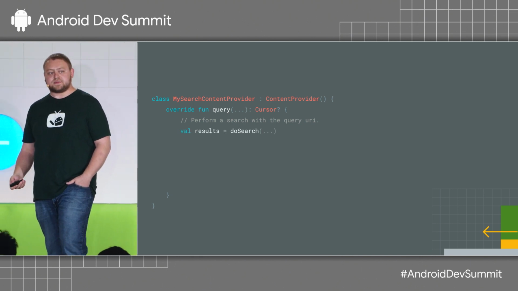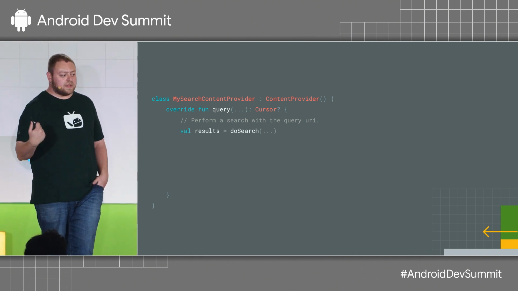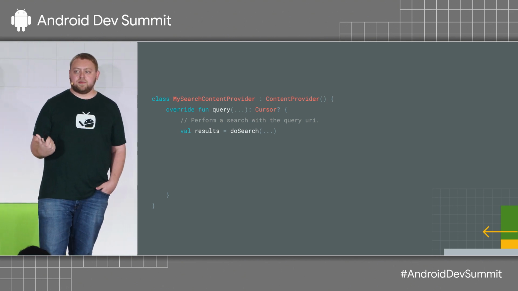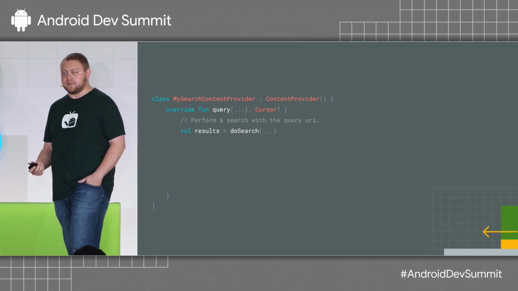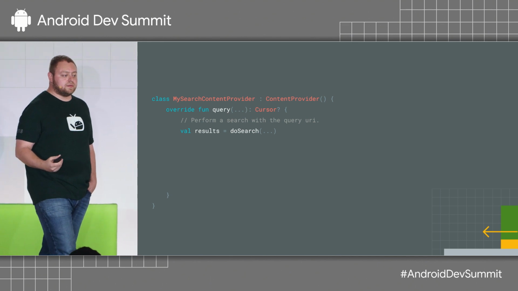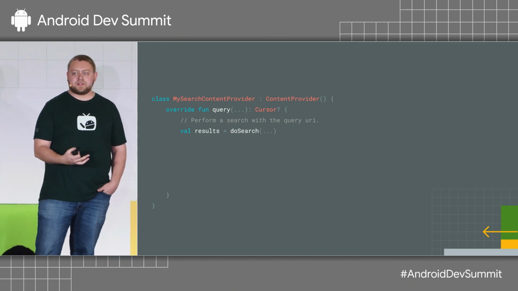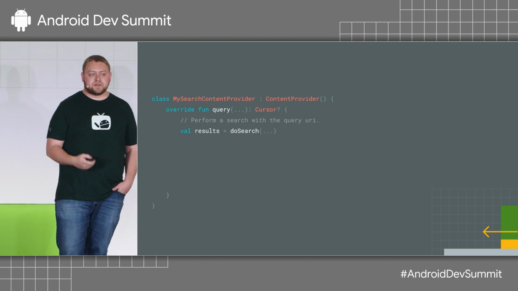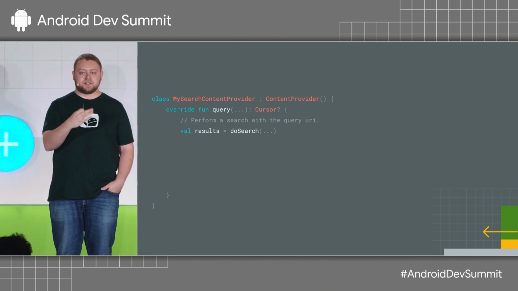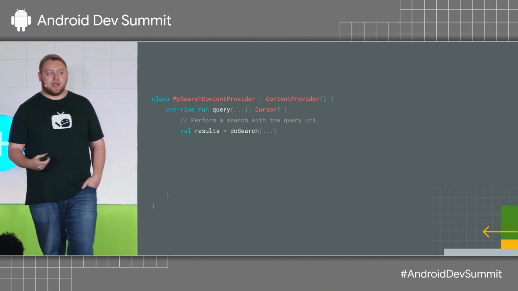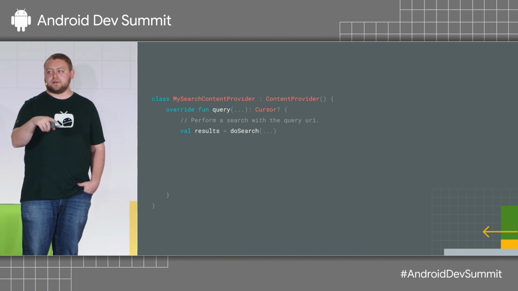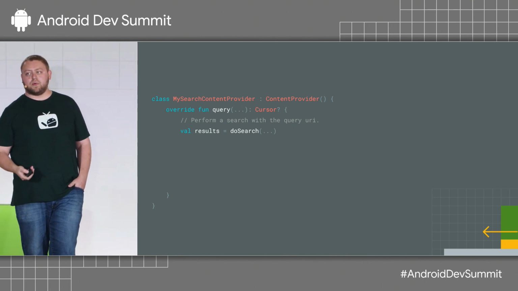You perform a search, and it returns results. If this did a network call, maybe you have a bunch of POJOs. If this was a database call, you're going to have a cursor. And that's fine. The trick for the search provider is that it needs to return results that match the search manager's criteria. So search manager is just a strict way of saying, hey, this cursor has a bunch of columns with these names. And then the assistant's able to pull in from that cursor and say, oh, here's the title, here's the duration, and is able to figure out what content's where.